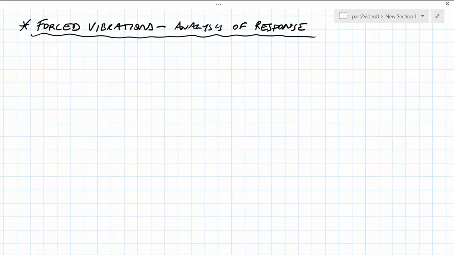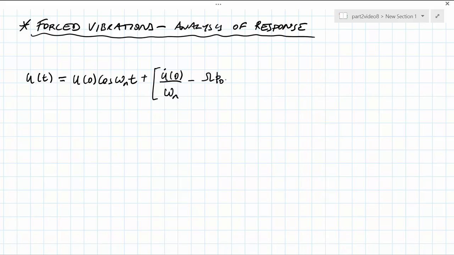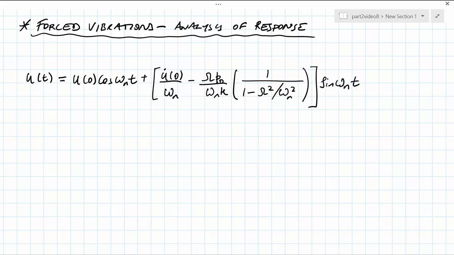If we remember that the response of a harmonically forced dynamic system is given by u(t) equal to the initial displacement times cosine omega_n t, plus the initial velocity divided by the natural frequency, subtracting from capital Omega p naught, natural frequency times the stiffness, times 1 minus capital Omega squared divided by the natural frequency squared, all times sine omega_n t